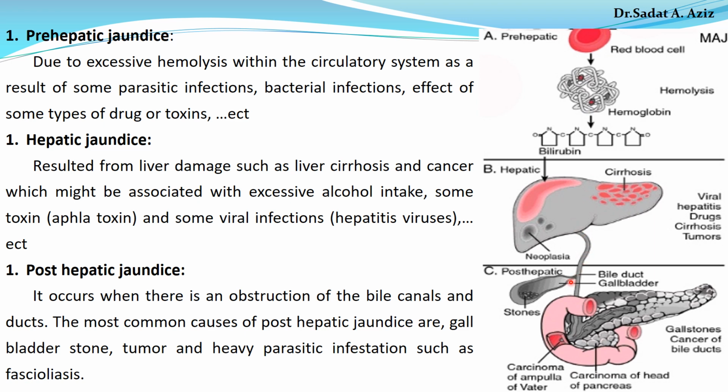And also some types of parasitic infection such as fasciolosis. This parasite is not quite common in humans, but occasionally might infect or infest human beings. This leads to what? Lead to the obstruction of what? Of the bile flow, and as a result of this, the bile or bilirubin can be accumulated within the circulatory system and lead to what? It might lead to jaundice.